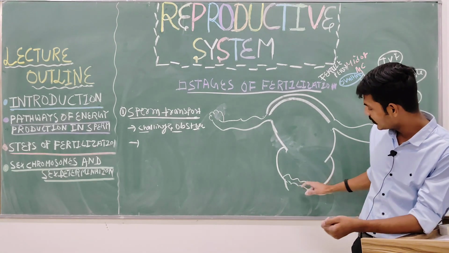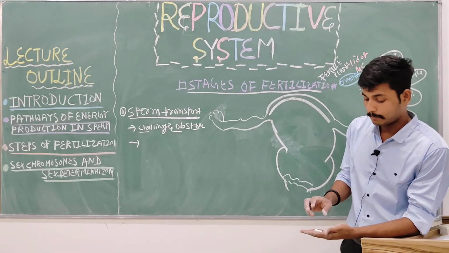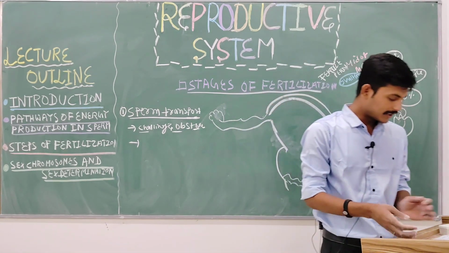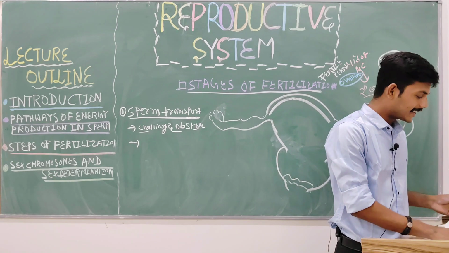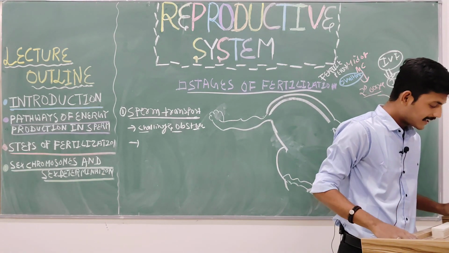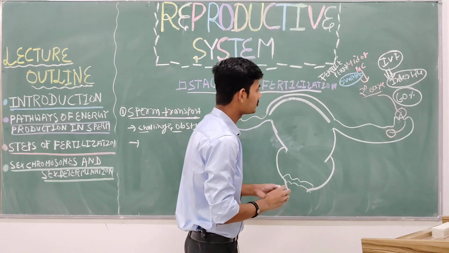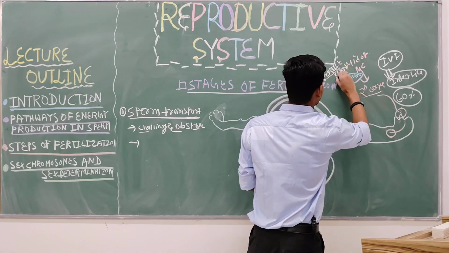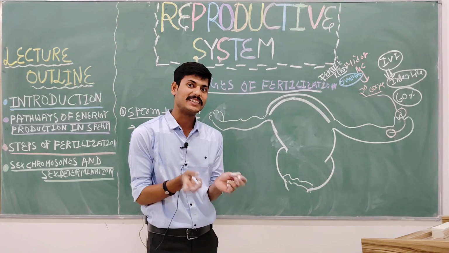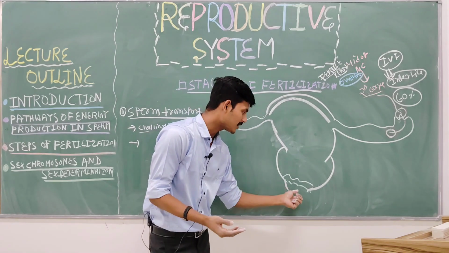There's changes in the mucus consistency of the cervix. In most of the cycle, the mucus is thick. Are you following, understanding? In most of the cycle, the mucus is thick, but only during the fertile period, or during ovulation, the consistency becomes thin, and you can see the foam. It becomes thin and foamy.